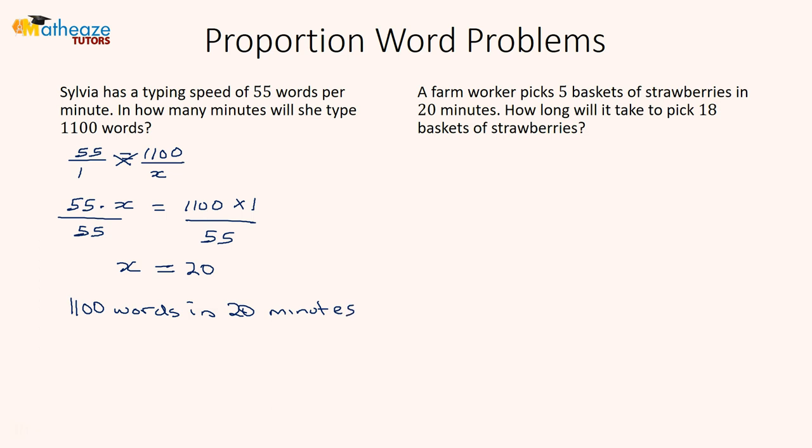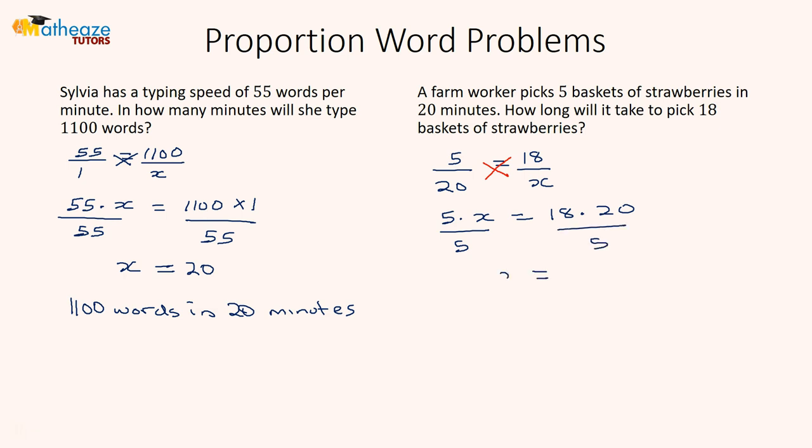So a farm worker picks 5 baskets of strawberries in 20 minutes. How long will it take to pick 18 baskets of strawberries? So we're going to use our cross product here. So what that means to us is that we're going to say 5 multiplied by x equal to 18 multiplied by 20. So we divide both sides by 5,